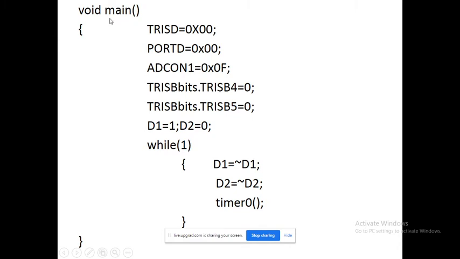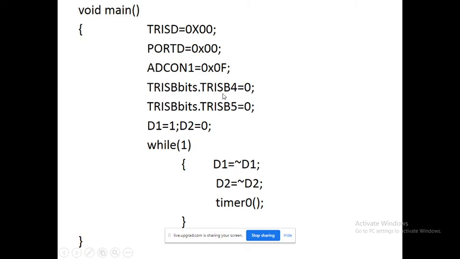Now main function. In the main function, we will declare the direction with the help of TRIS register. Next one is ADCON register 0F, the ADC option. ADC module is there. Internal ADC is available in the PIC microcontroller, but our data is directly digital data. You are not giving any data here. Whatever data is there is in the form of zeros and ones only, high or low. Okay, no analog data is there, and that's why there is no need of ADC, and that's why we are making this off.